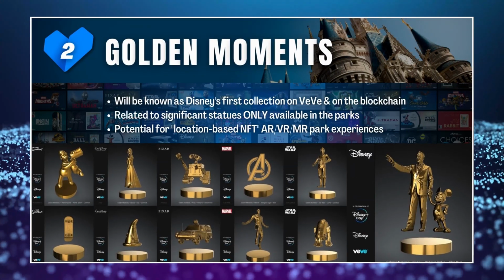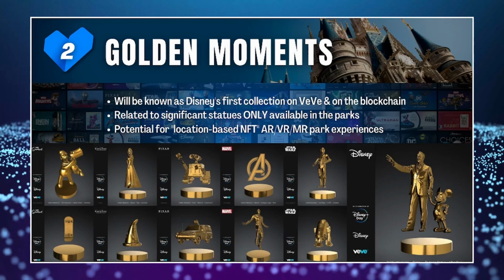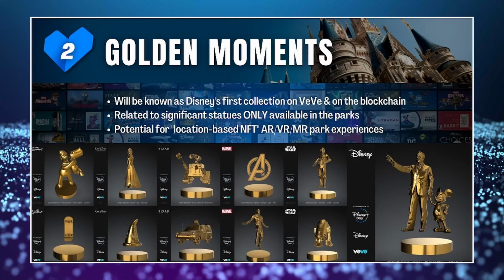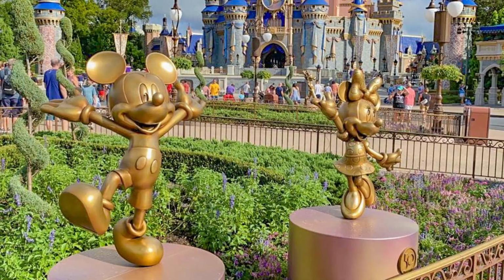Next up, let's talk Golden Moments, so another series that probably comes to mind for a lot of people. Now, this series will be known as Disney's first ever collection on the app, but also on the blockchain. Now, just to be clear, technically their first ever drop was Spider-Man, but I'm talking about a collection with Disney's actual branding. Now, these are also going to be pieces that are related to significant statues that you can find